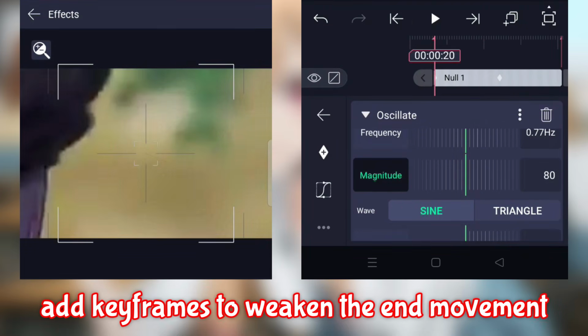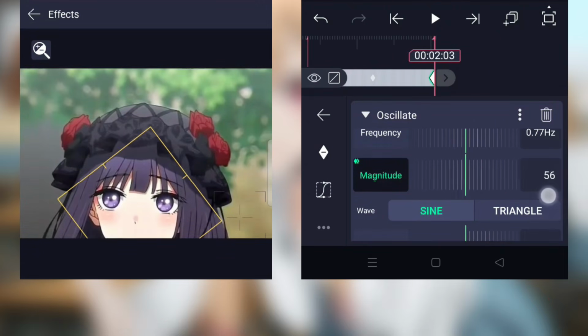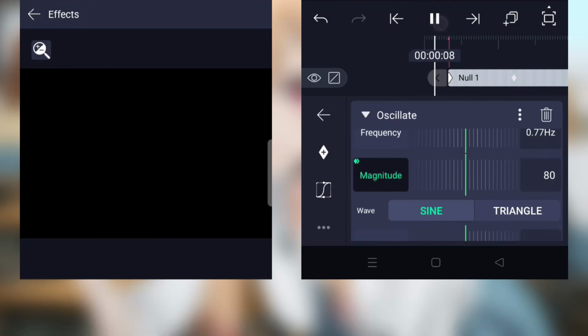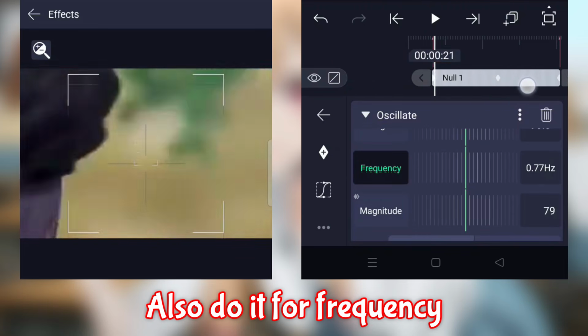Add keyframes to weaken the end movement. Also do it for frequency.